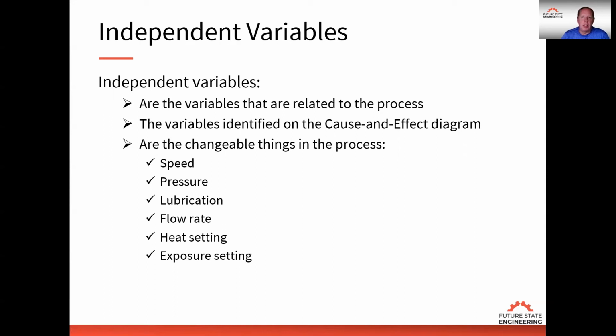And what you'll find is that there's very few independent variables that actually affect the dependent variables. So what does that mean? There's very few adjustments you can make in the process that affect the output of the process. So again, the Pareto principle is there's very few variables that affect the outputs of the process. So we want to identify those critical few and their relationship to the outputs of the process.